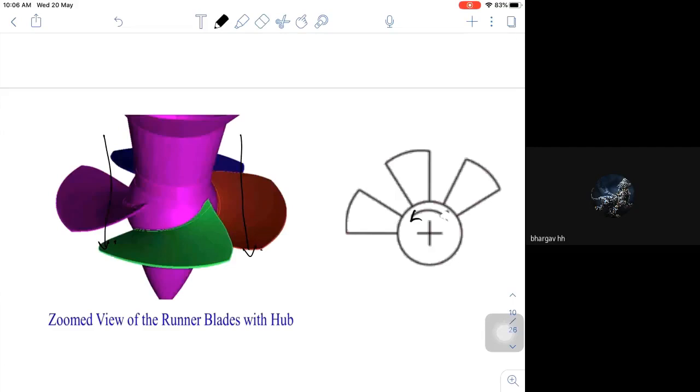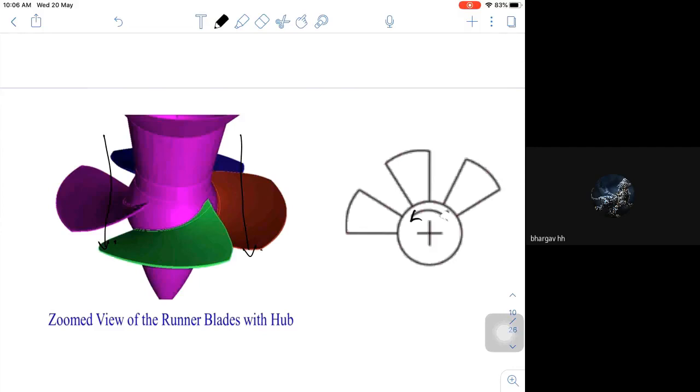So that is the major difference. This particular turbine is used for propelling. Propelling means to give some kind of motion. Maybe you can see this in ships and all. We use a similar kind of technology to give some kind of propulsion movement to the ship. The construction is very similar. That's why it's called the propeller turbine.